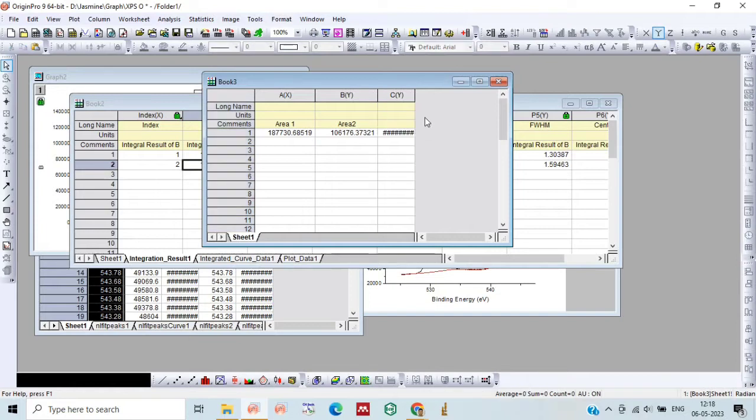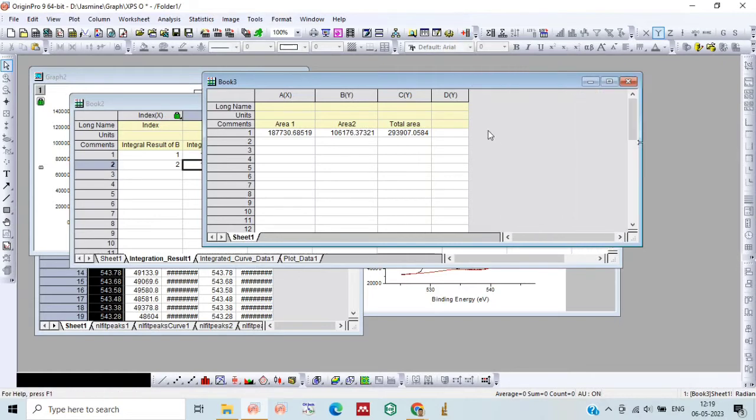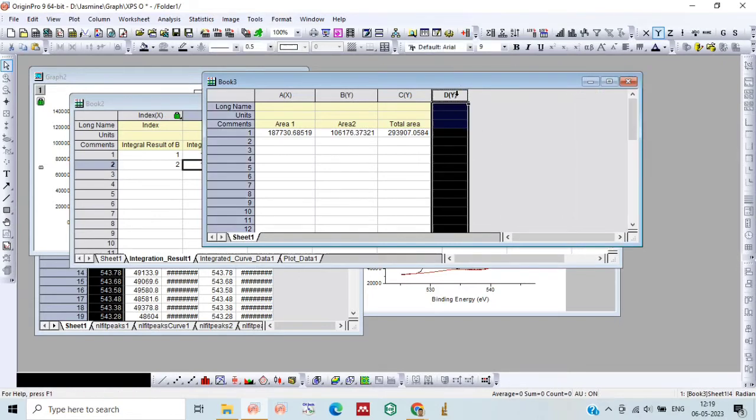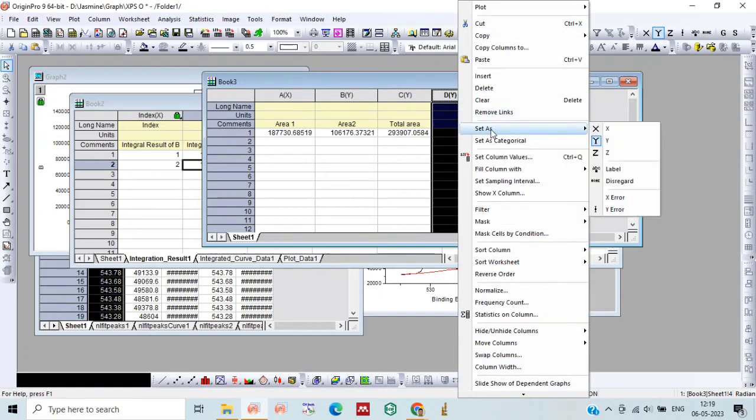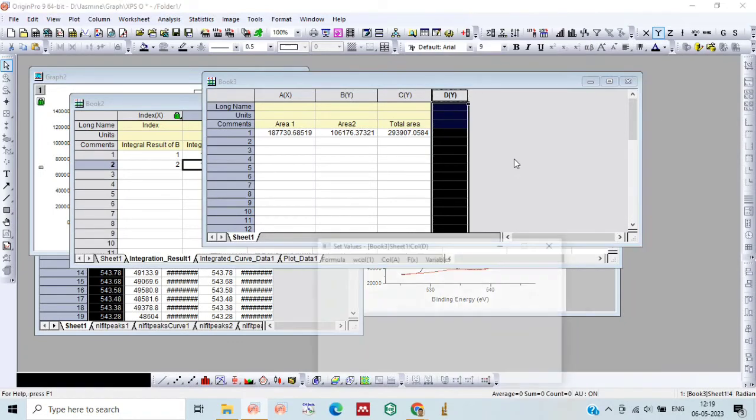So this is the total area under both the curves, and now we just need to calculate the percentage. So we will calculate the percentage now.